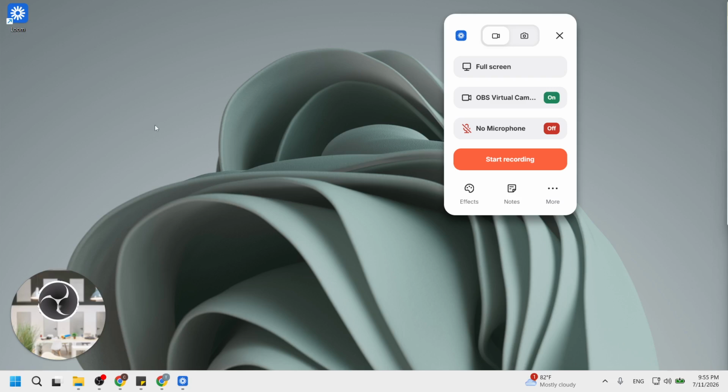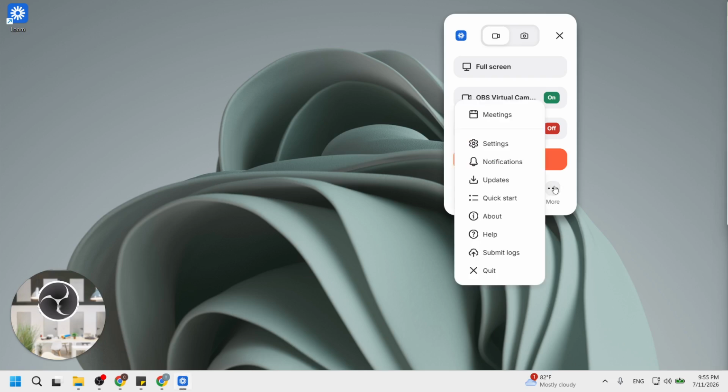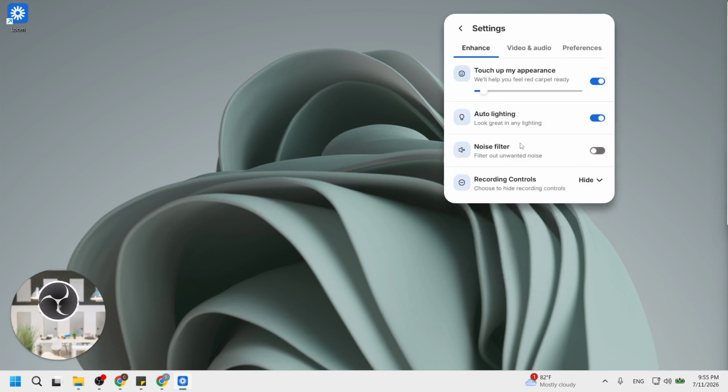Next, click the three dots menu icon. This icon is typically located in the top right corner of the Loom interface. Once clicked, a drop-down menu will appear. From this menu, select the Settings option. Accessing the settings allows you to customize your recording preferences, which is crucial for ensuring you capture the audio correctly. This step matters because improper settings can lead to issues with the audio quality later on. After selecting settings, you are prepared for the next important step.